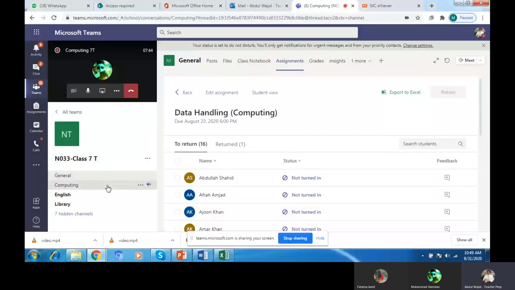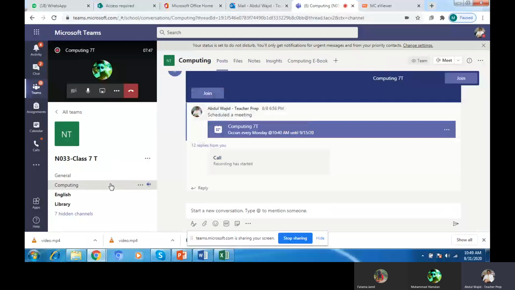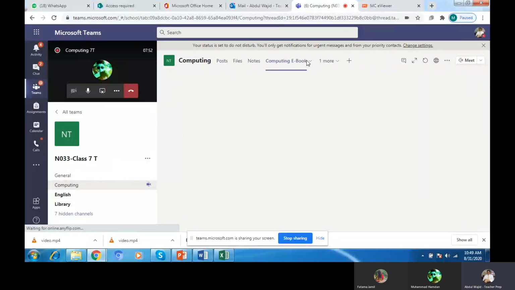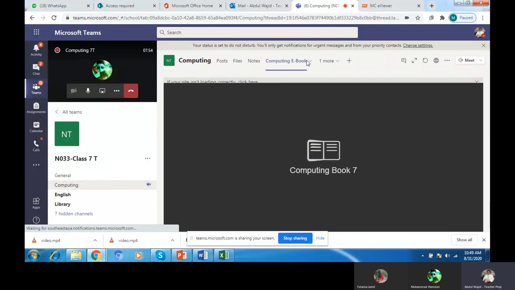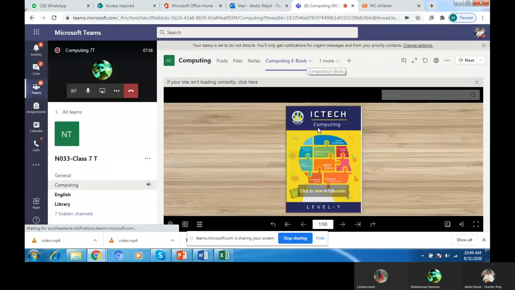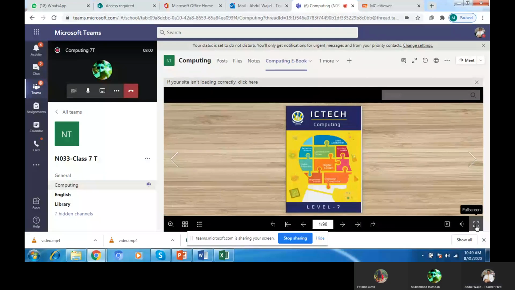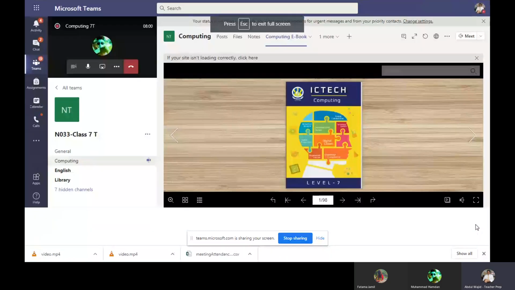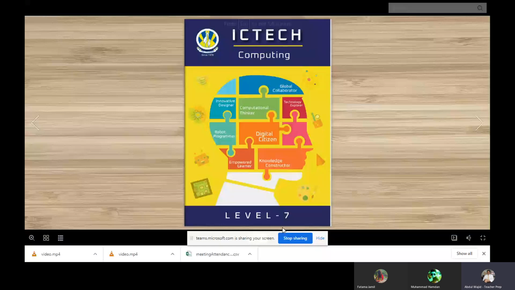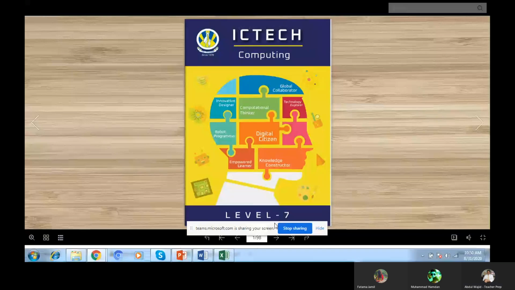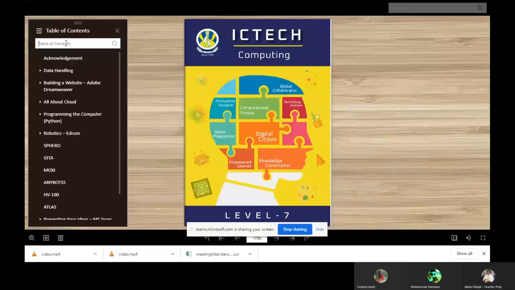We'll click again and go to our computing ebook. Full screen. We will click here and I want to write here, pivot.